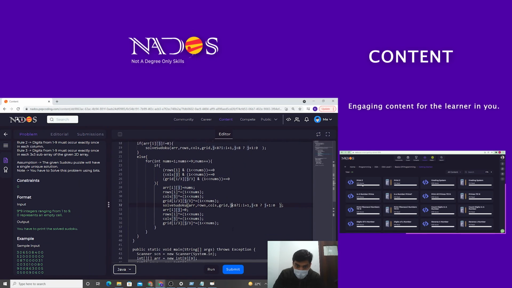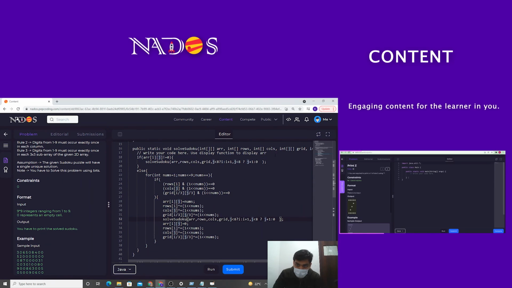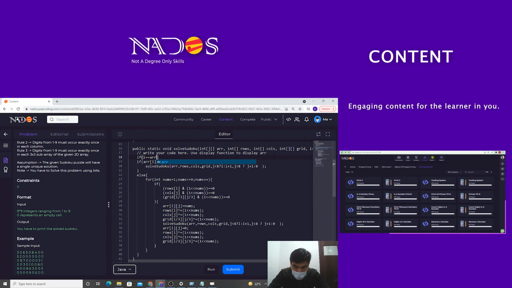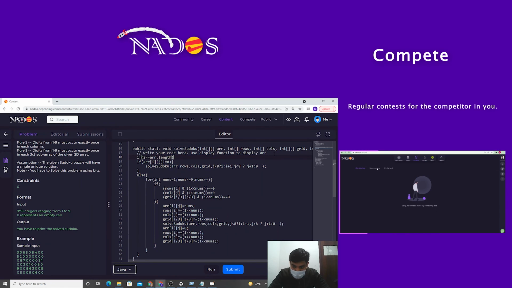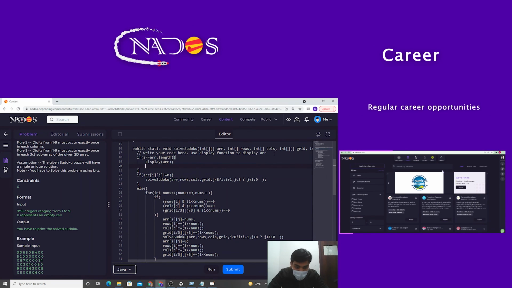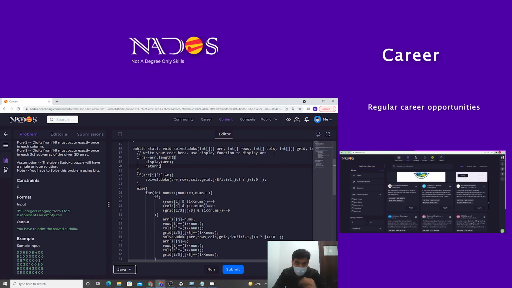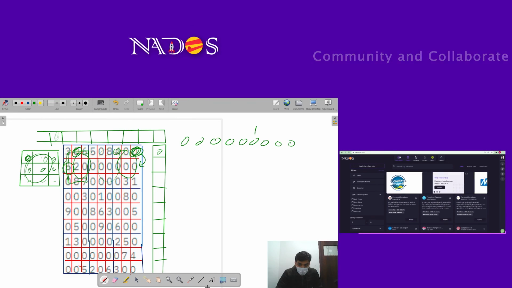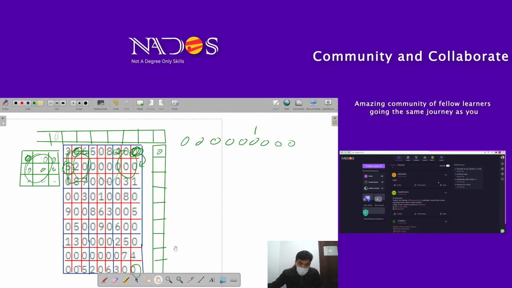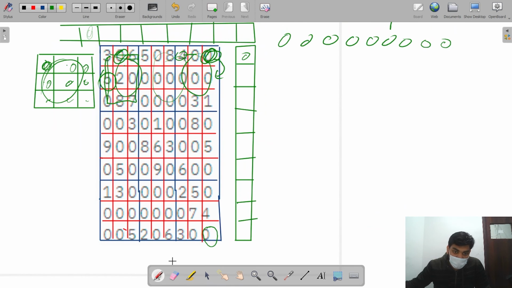Okay. Now what about the base case? Let's write it here. So if my i is equal to array dot length, simply display the array. I have already written display function, so we'll call it and return. So why I am doing this array dot length? Let me show you. When I am here at the end, then my i is array dot length minus 1. When I shift to here at array dot length, that means I have already filled all the Sudoku and I need to print my answer.